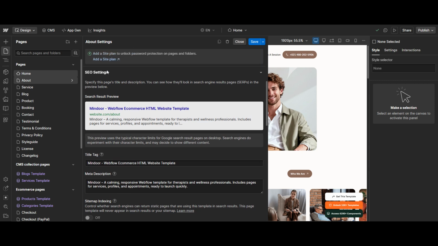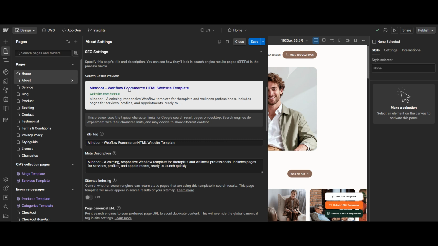This is a very important area because it controls how your page appears in search engines and in browser tabs. Under the SEO section, you'll see a field called Title Tag. This title tag is what determines the name shown in the browser tab and the main clickable headline in search engine results. Click into the title tag field and type in the new name you want to appear in the